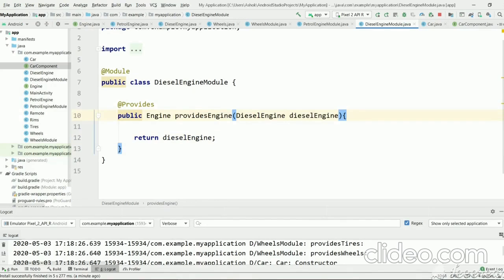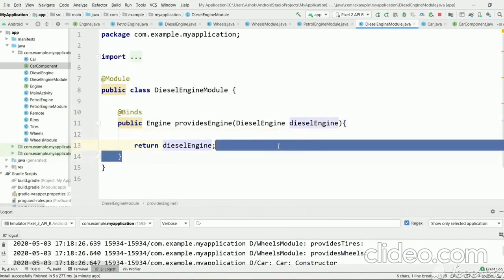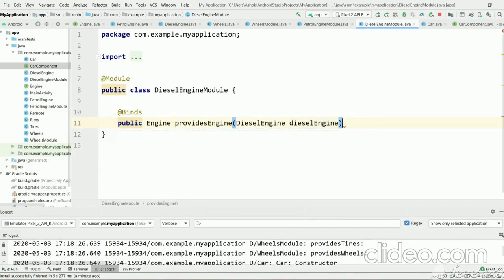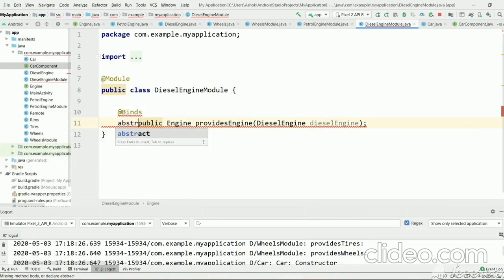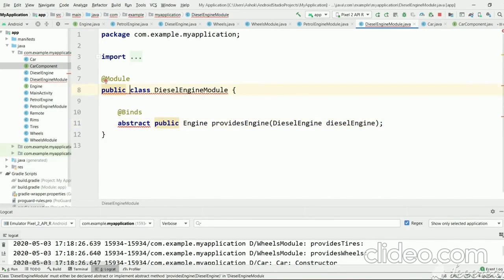So there is an annotation, instead of provides, called binds. With binds we can make this an abstract method, with no need of any implementation. We can mark this abstract, and we can mark this one abstract as well. So here we have reduced the implementation inside this method.